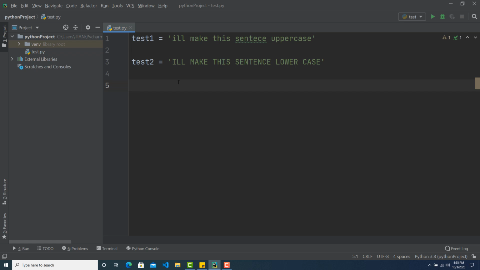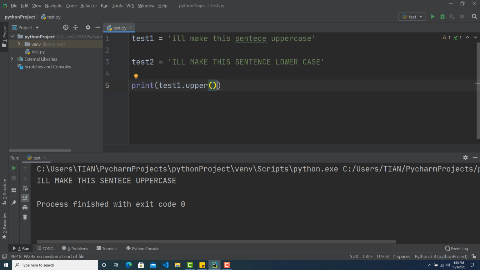In order to transform this one into uppercase, we need to use the upper method, which you can use just by writing test 1 then upper. But I want to get the print version of it, so let's write print then test1 upper. Now if I just run this, you can see "I'll make this sentence uppercase." So this is basically this sentence which got transformed